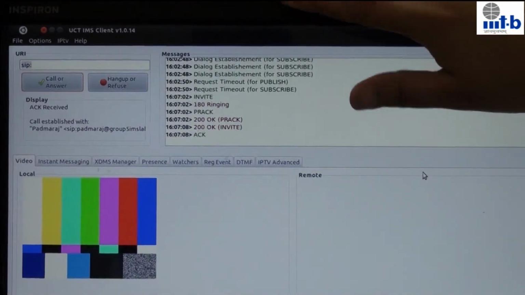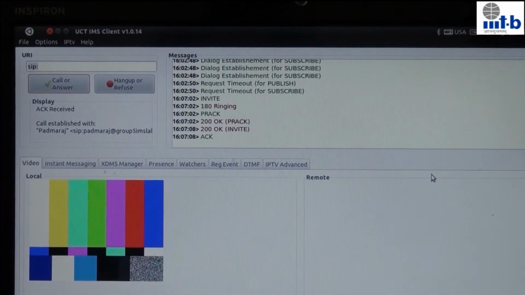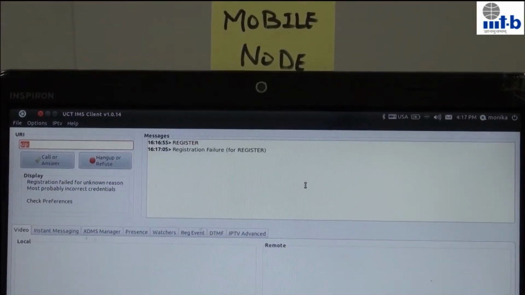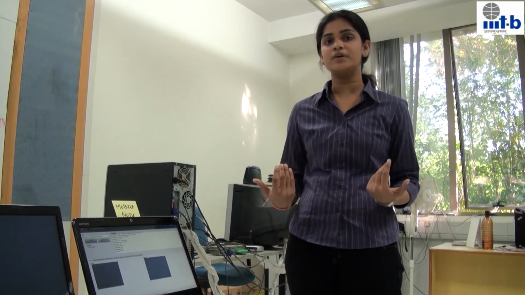I am Harshad. Yes, we could hear the call. So this way we have successfully achieved SIP mobility. We saw that when there was a handoff from one network to another, the delay was just around 2 to 3 seconds and then the call was established. Thus, the session was maintained during the call using SIP. Thank you.